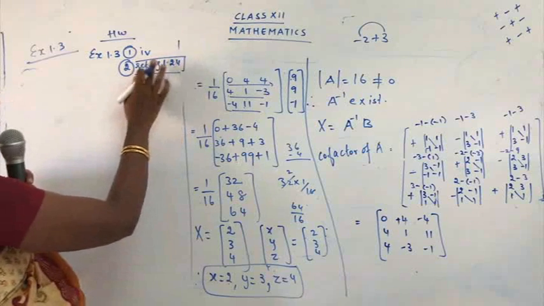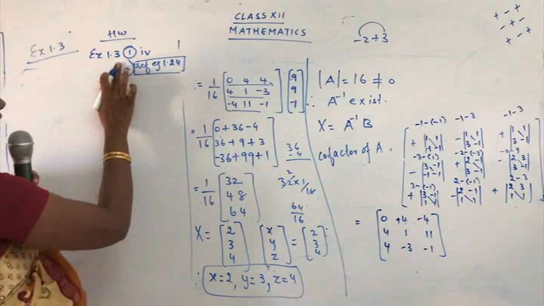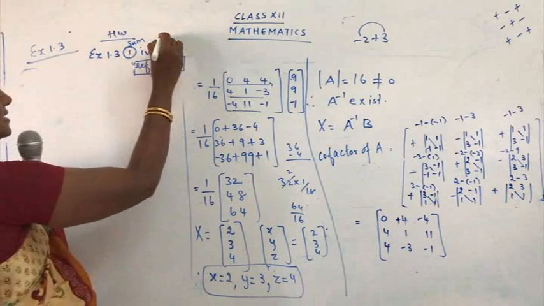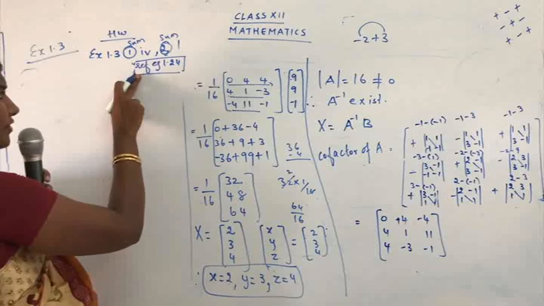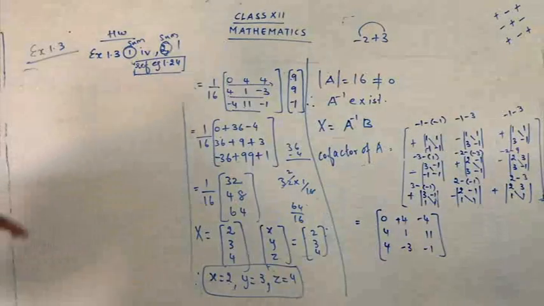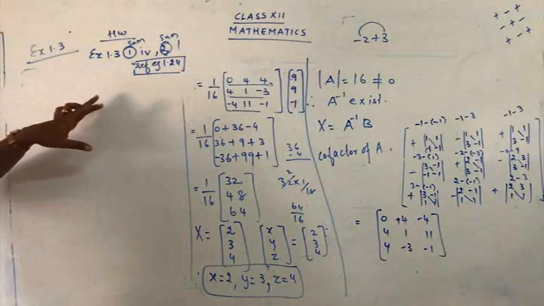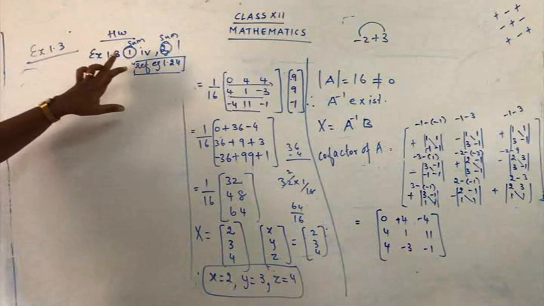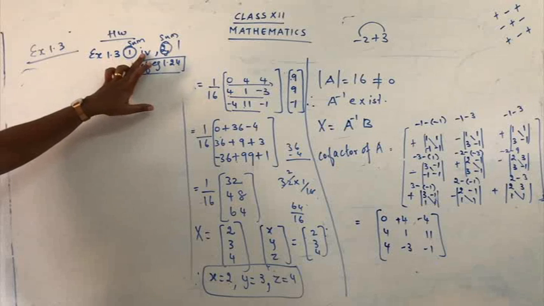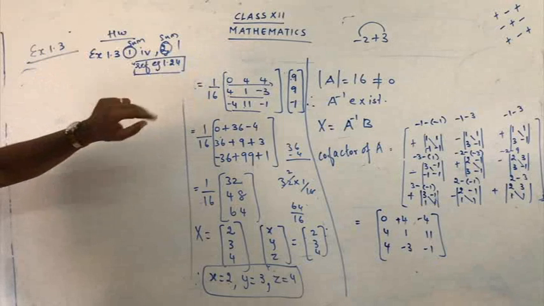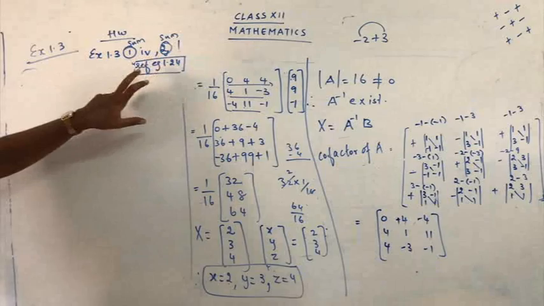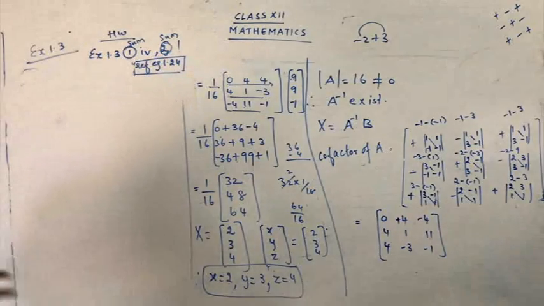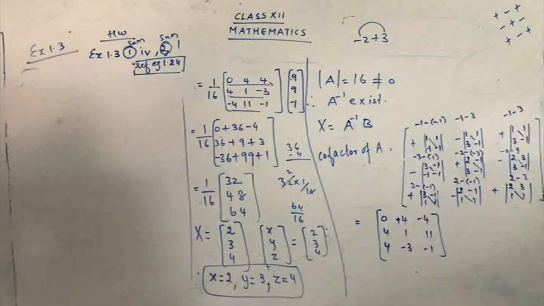Do not do 1.5. I don't want 1.24. You have to do sum number 2. Okay? Sum number 2. Sum number 1 and sum number 2. For sum number 2, you have to refer to example 1.24. Again, I am just repeating the homework part, children. Homework is exercise 1.3, sum number 1, the fourth subpart, and question number 2. And for question number 2, you can just take the help from example 1.24. You just refer to your example 1.24.